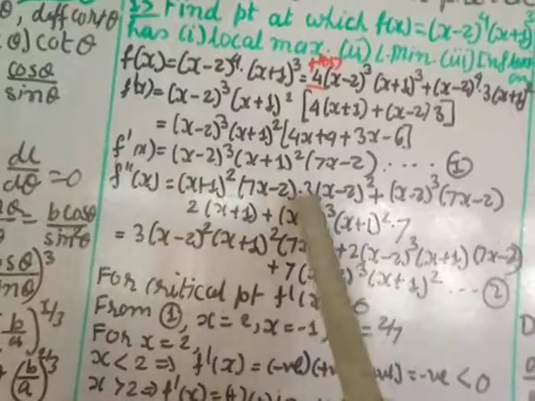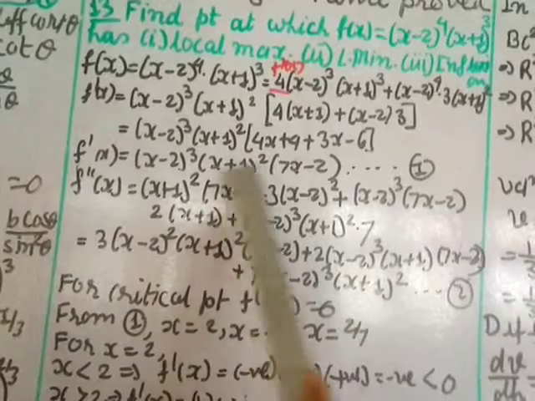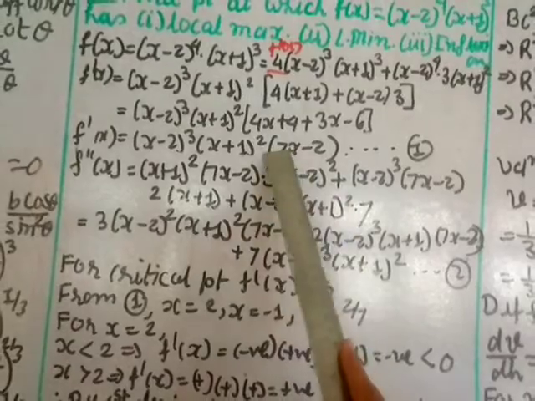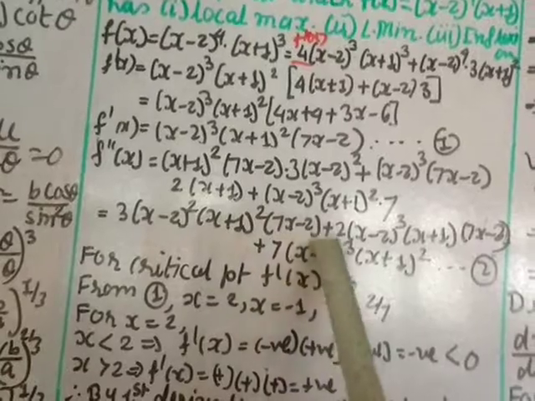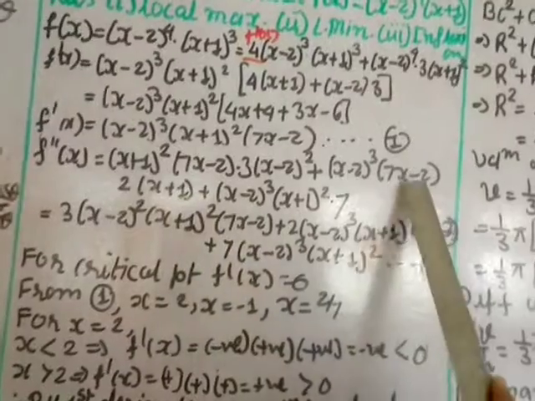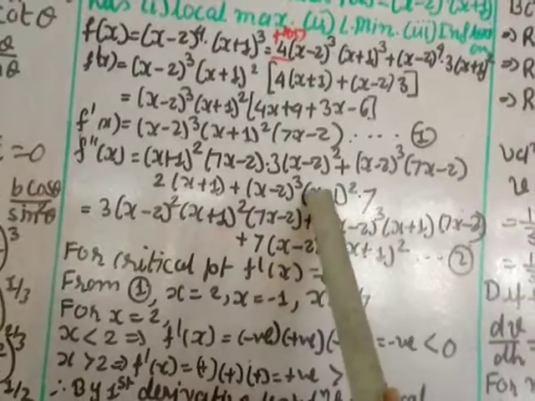I have to find the inflection also, plus minimum and local maximum, so I'll find the second derivative also. So second derivative is again u into v into w. So first I am keeping these two as it is and differentiating these. So 3 (x minus 2) whole square, plus now this and this as it is and I'll differentiate these. So I have kept here and this derivative will be 2 (x plus 1), plus now these 2 as it is and derivative of 7x minus 2 will be 7. Then I'll just simplify here: 3 (x minus 2) whole square, (x plus 1) square and (7x minus 2), plus here these 2 I bring front, 2 (x minus 2) whole cube, (x plus 1) and (7x minus 2), and here 7 I am writing first, 7 (x minus 2) whole cube, (x plus 1) whole cube.